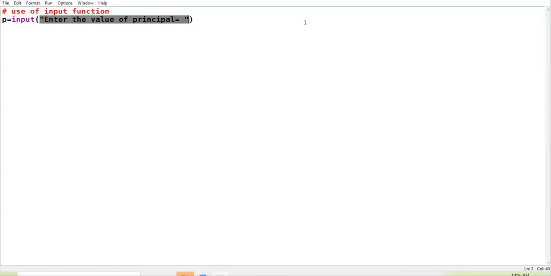Now this input function, whatever you will input from the keyboard, that will be in the form of string. And in the last lecture, I told you what is string. String is a collection of characters. Like, for example, your name.